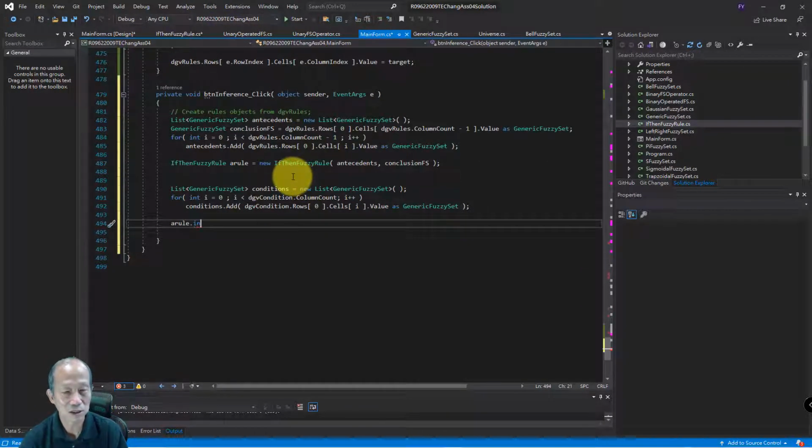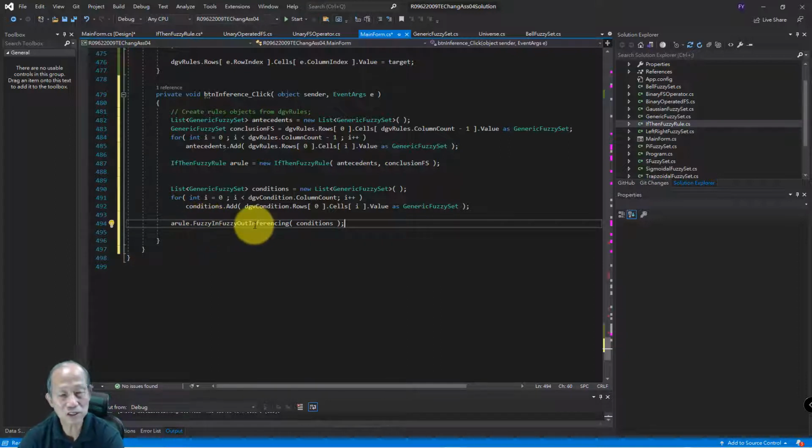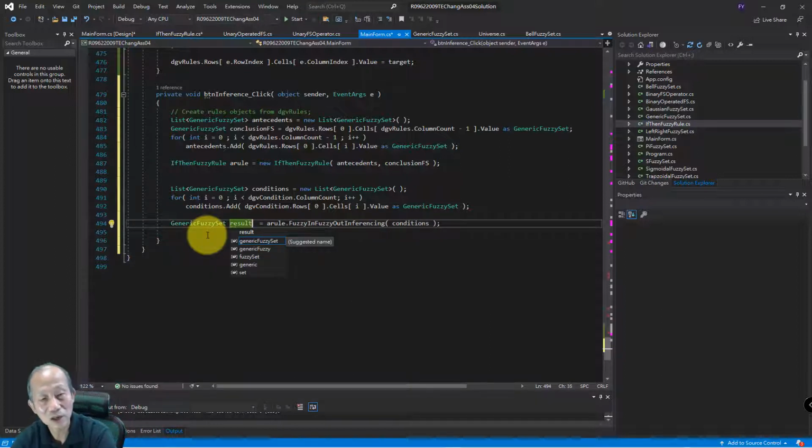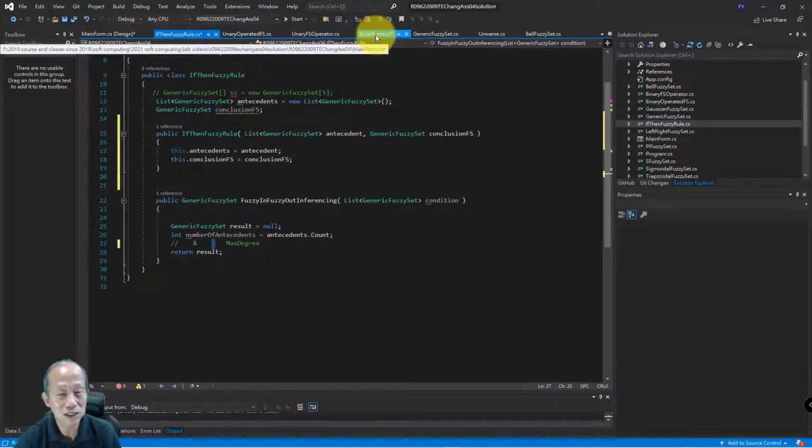Okay, so back to here. So we will invoke these inferences. So a rule inferences, fuzzy in, fuzzy out inferences. So the input is our conditions, right? So once you invoke this rule to inference this condition, what do you get? Again, it's a fuzzy set, generic fuzzy set. Again, I call it result. All right, so what I'm going to show you is that I just pick up the first rule and do the inferences with this condition. That's it. So what I get is just